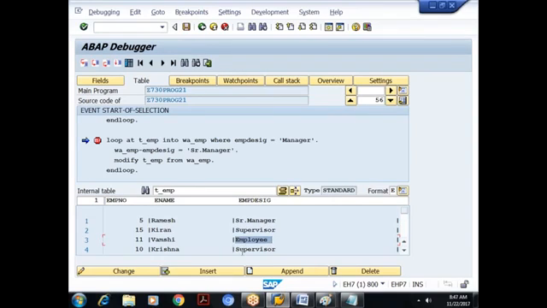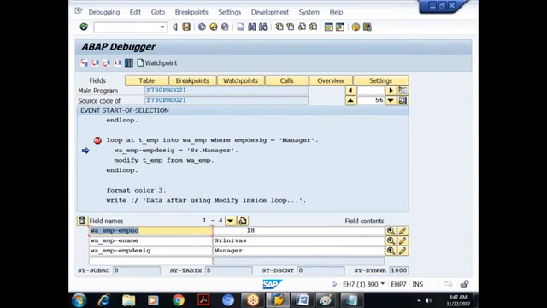Employee not satisfied. Supervisor not satisfied. What is the next record? Man, this is satisfied now. So when I say F5, yes, it has entered the loop. So see the data now. 18, Seniors, and what? Manager. So I am updating the work area. What is it? Senior manager. Again I am using modify now.